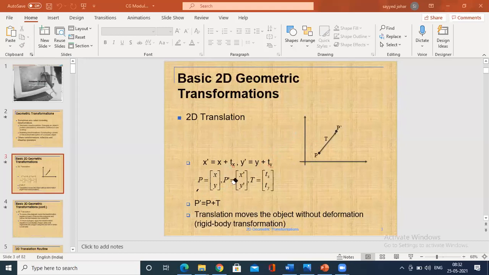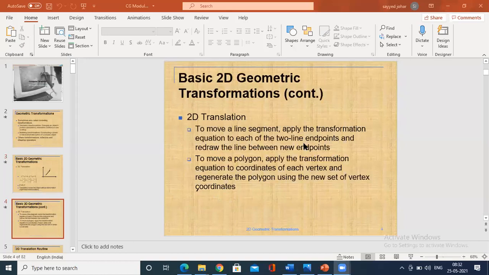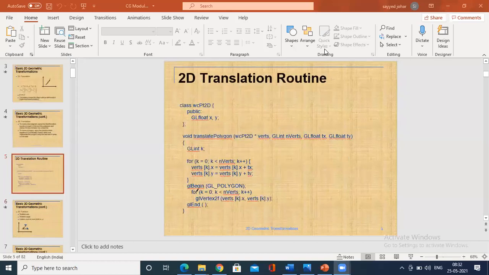Similarly, coming to the concept of rotation. Last class I explained this also. You have a specific code to explain the kind of translations. The new vertex is identified along the y-axis and along the x-axis by adding the translation factors tx and ty.